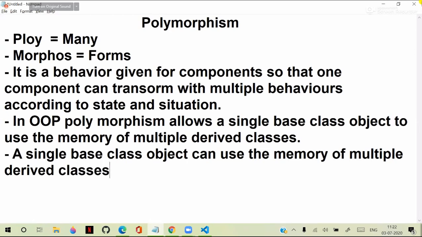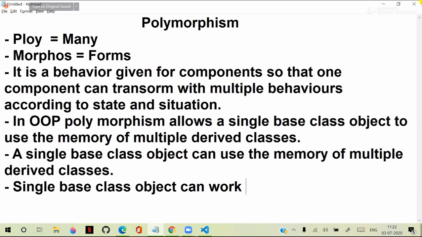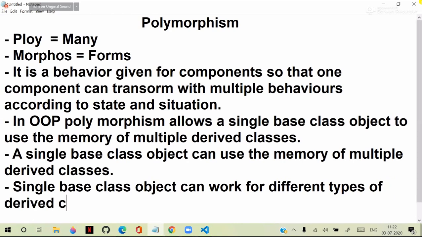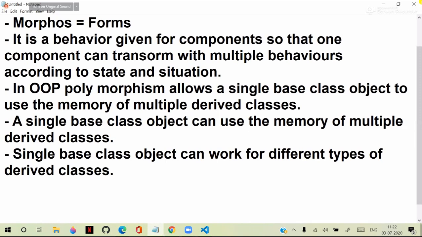A single base class object can use the memory of multiple derived classes. One base class object can use the memory of multiple derived classes. That means a single base class object can work for different types of derived classes. This is what we actually call